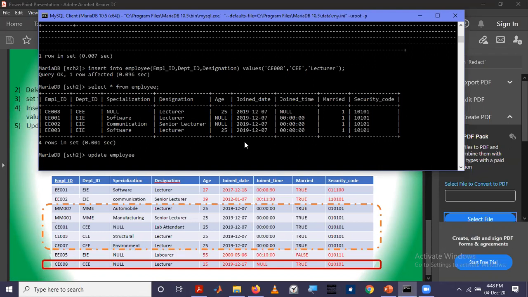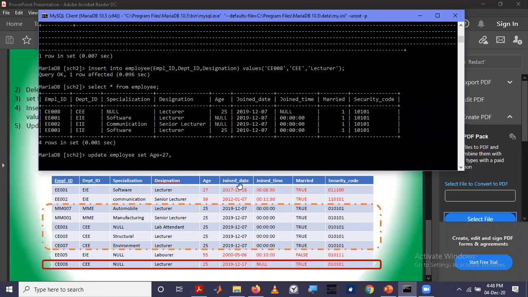So the keyword is update table name. Then we have to specify what we are going to update. We have to say set. This is what we are changing. Set age equal 27. Then in a comma separated list, we can specify the other attributes that we are going to update.